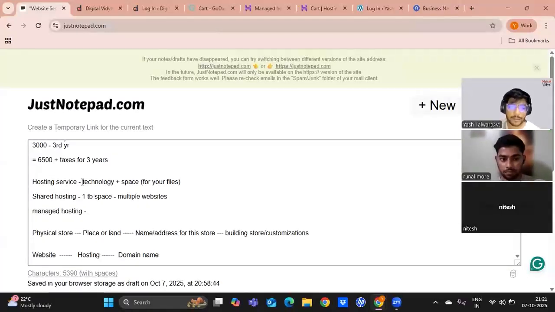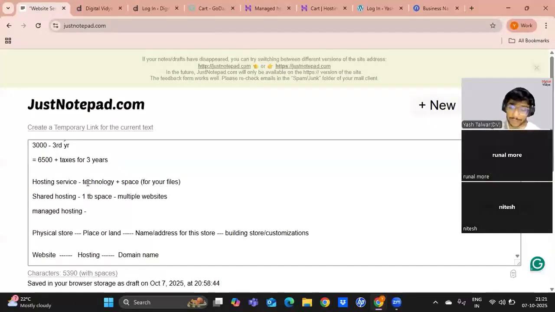लाइक आई सेड, होस्टिंग सर्विस या होस्टिंग प्रोवाइडर जो है, इट गिव्स यू द टेक्नोलॉजी and the space for your files. Technology for making it available online on the internet ताकि बाकी लोग विजिट कर पाएं, and it gives you the space for all of your files as we discussed earlier.